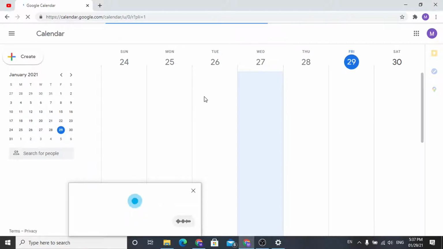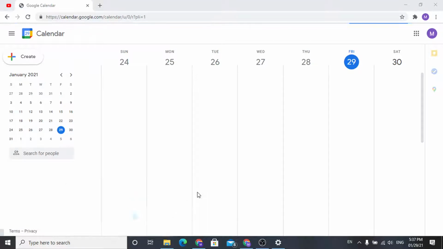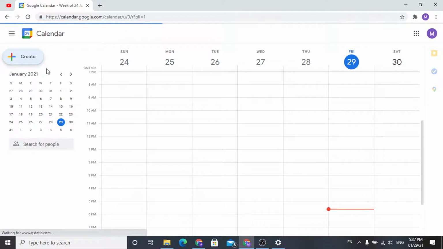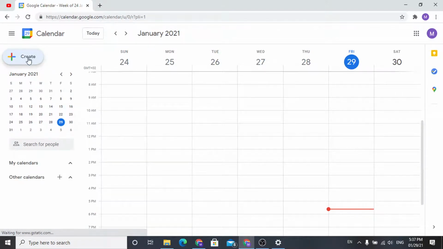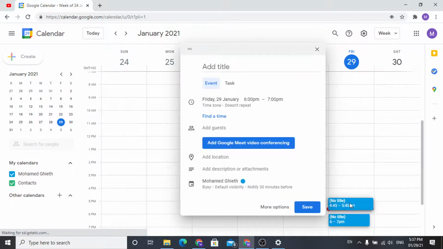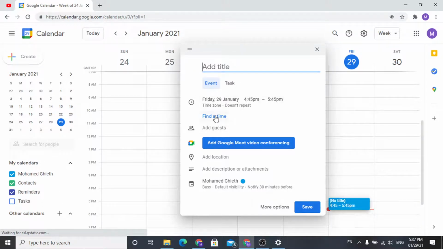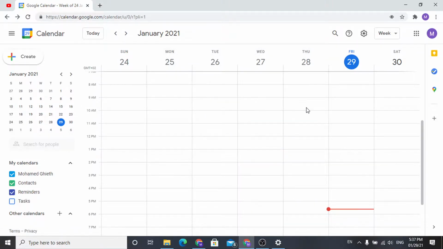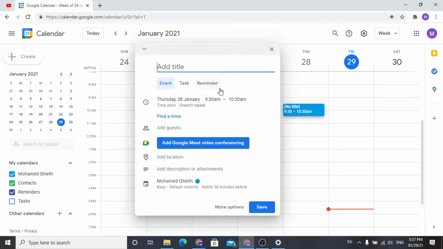And here, as you can see, this is the calendar. You may click create. As you can see, now I have a new event here, and here are its properties. Add its title and its time, and that's it. You can also add by clicking here, and it automatically gives you an event of 1 hour,